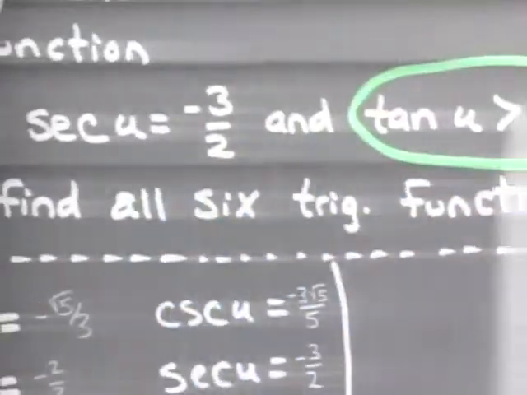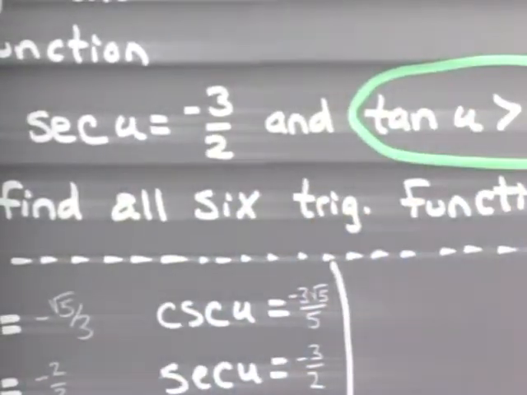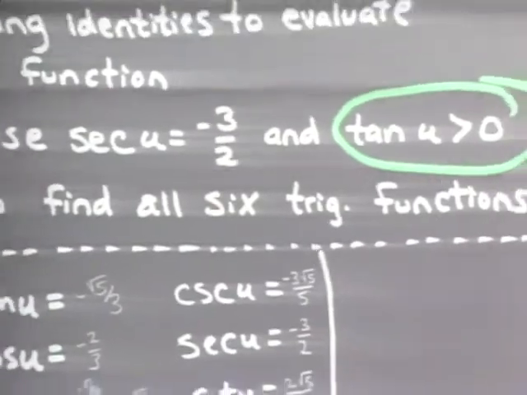All right, that's example 1, and how to use your trig identities given one or two pieces of information, how you can use that to figure out all of